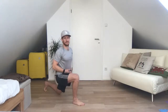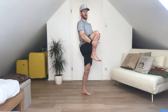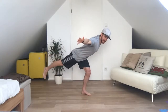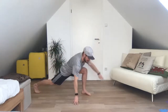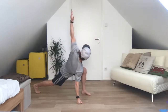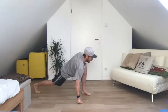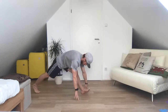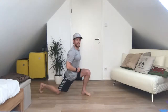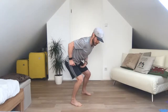Knee down, familiar lunge position, grab, tall, push long, as long as you can get. Control to the ground, elbow to ankle, 2 rotations at the bottom, hand to the floor, shoot that butt back and into the sky twice, lunge, up, ready position, shift your weight